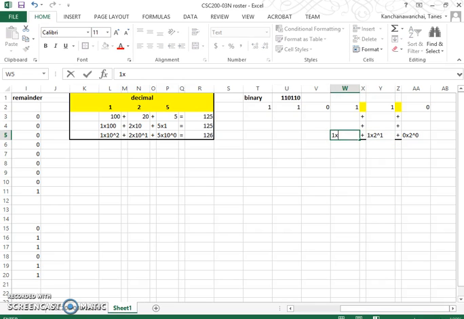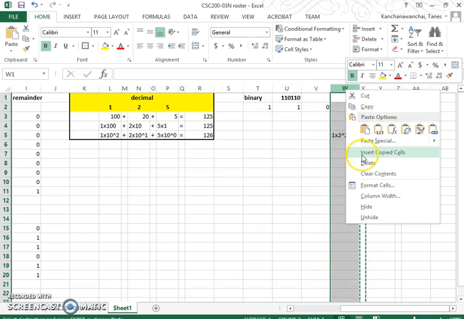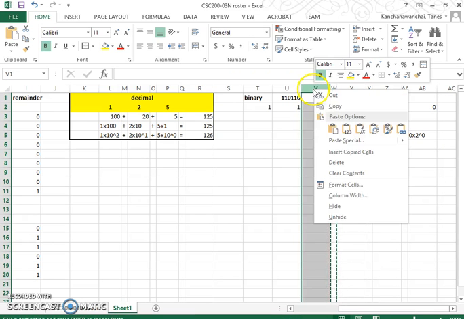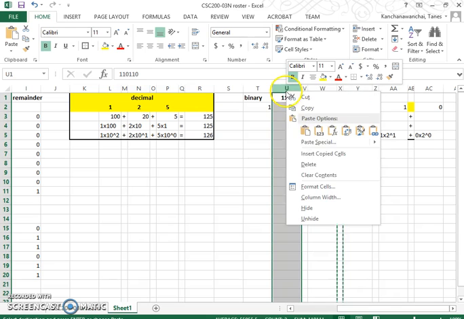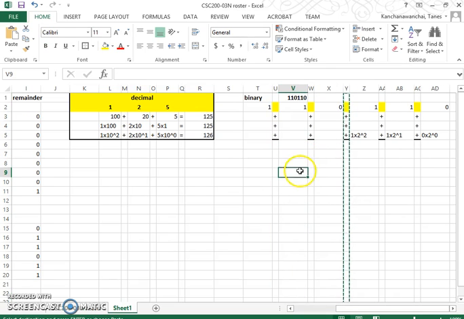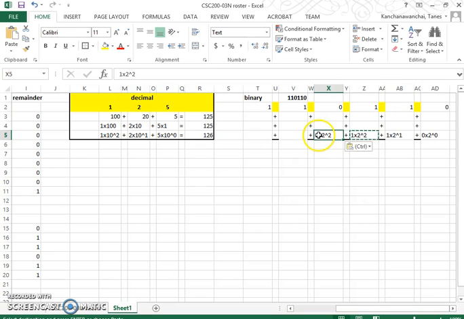So this is 1 times 2 to the 2. Then 0 times... so each of them is going to be summed, so I'm going to add the summation. Now we get to 0. So 0 times 2 to the 3, right? And this is going to be 1 times 2 to the